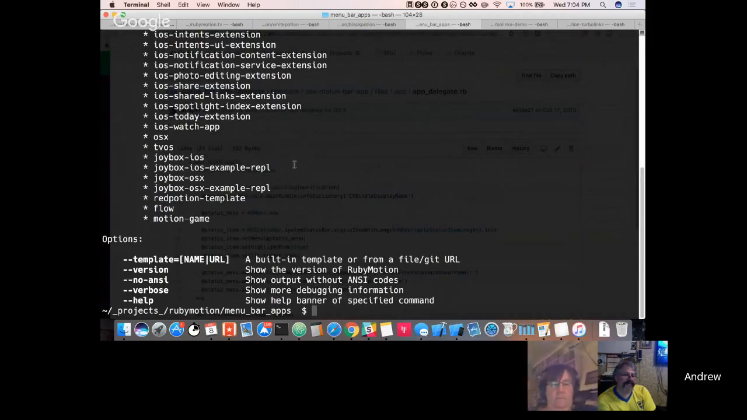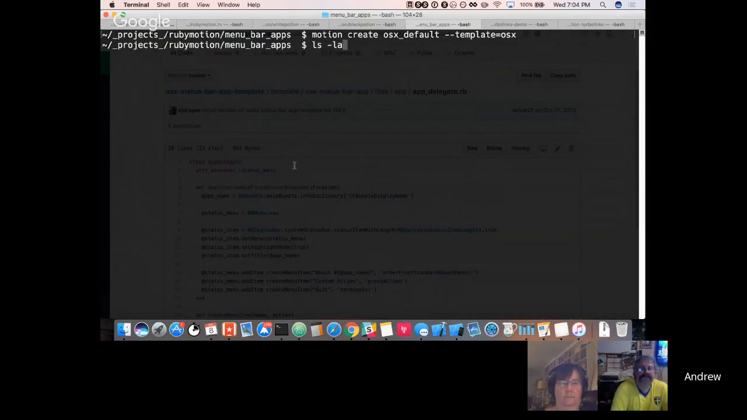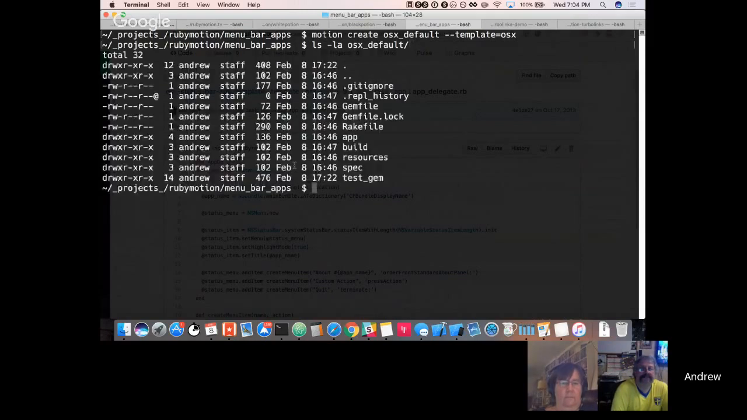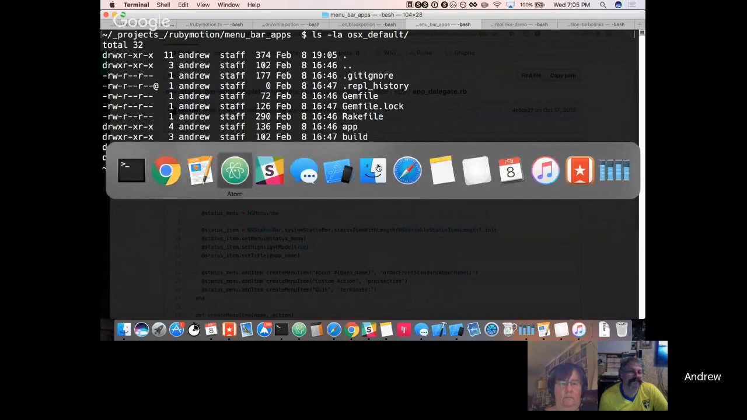And if we generate an OSX app, so we create it, name it like OSX default and say template equals OSX, it'll generate a file structure, which I've already done. It looks like this. Like a typical RubyMotion app where there's an app directory, and if we open up that template, you see